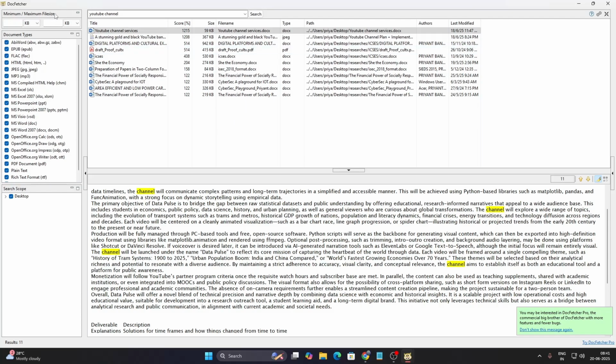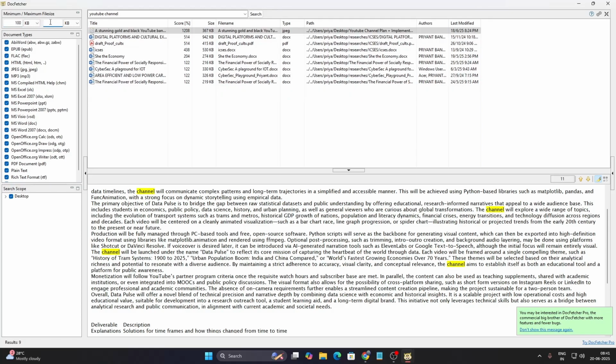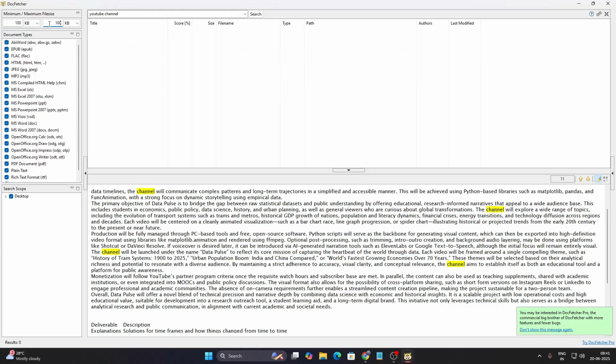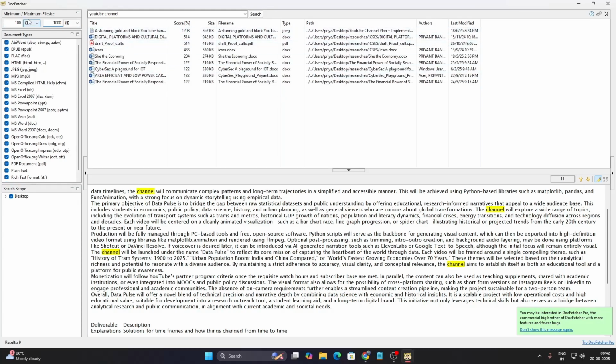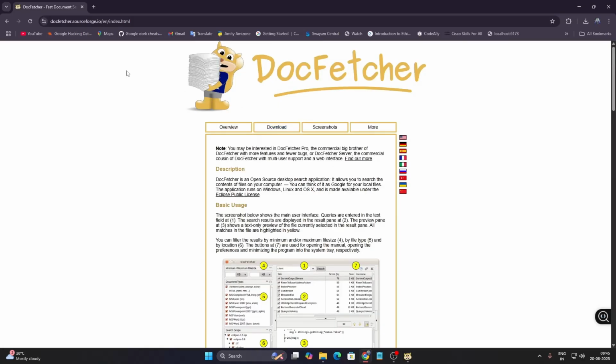For example, you can see that it also shows the options for the maximum and minimum file size. For example, I can click here for, let's say, 1000 KB. From 100 to 1000 KB, it shows me these file types. The website, you can see. You can go onto this website